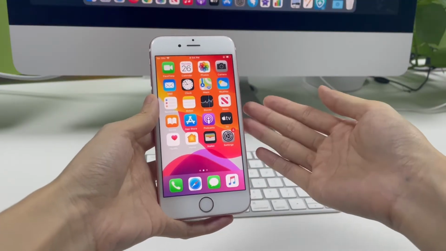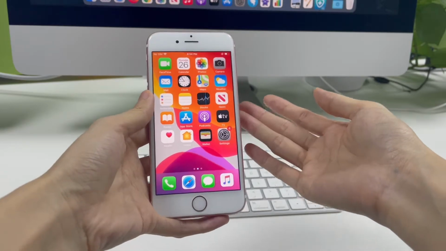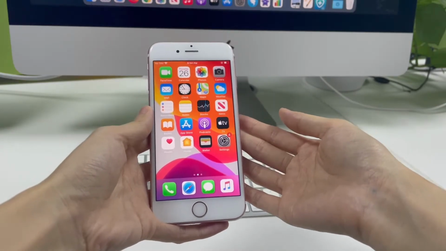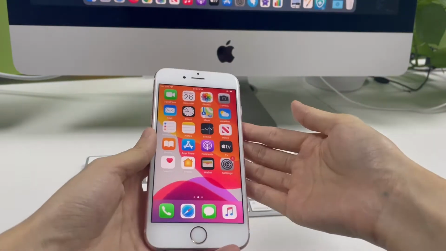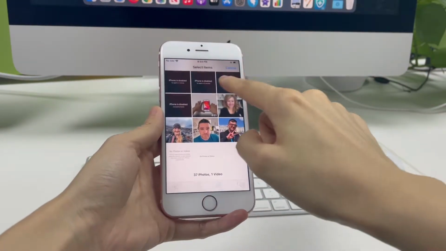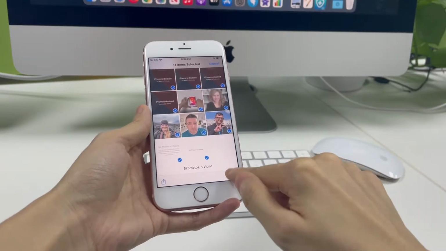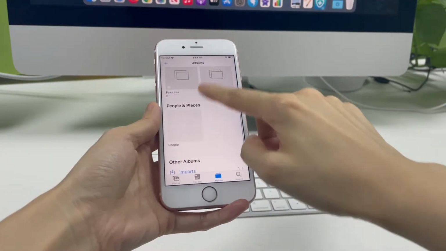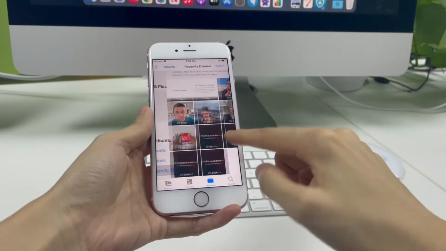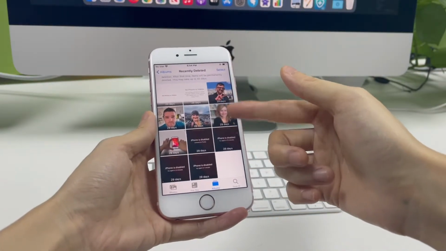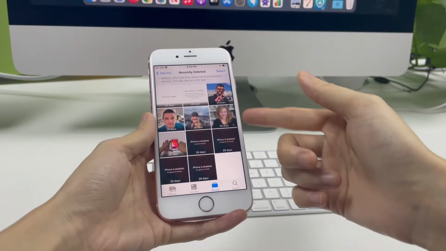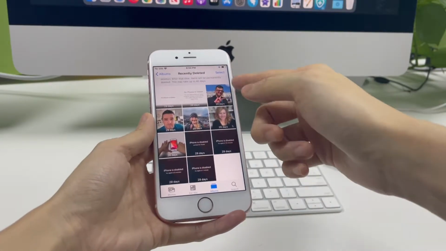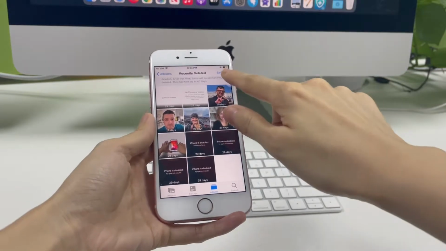To prove my point, I'm about to delete some photos and then recover them from iPhone using two methods. I have an iPhone 6s in which I store a lot of photos. Now I open the Photos app, select some photos, and then tap the trash can icon to delete these photos. They are sent to the recently deleted photo folder and stay there for 40 days, waiting to be permanently deleted or recovered. Of course, you can recover recently deleted photos from your iPhone at once, and it requires no backup.